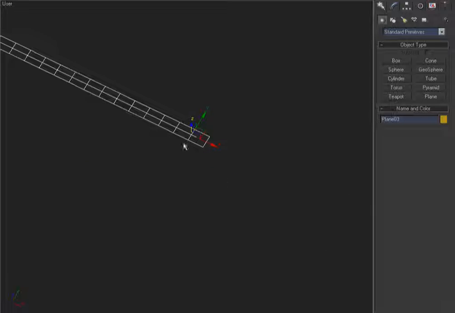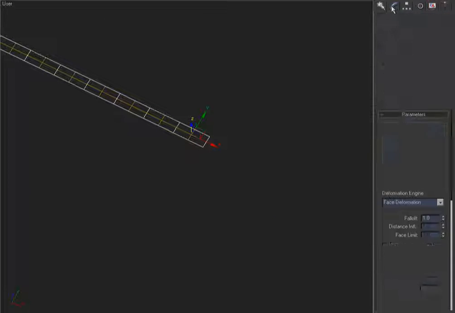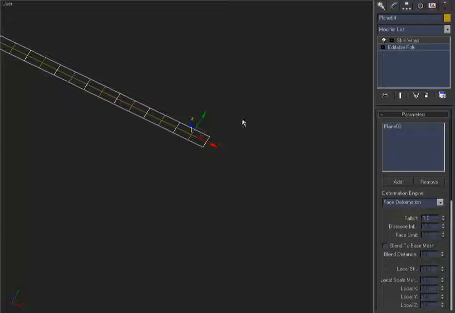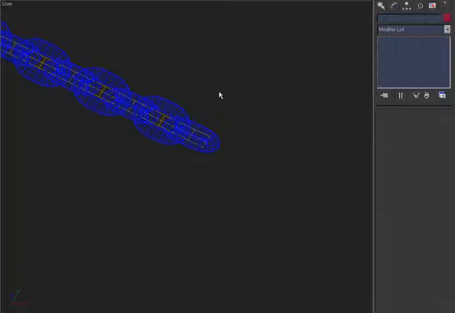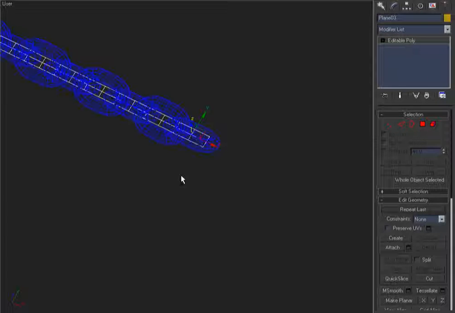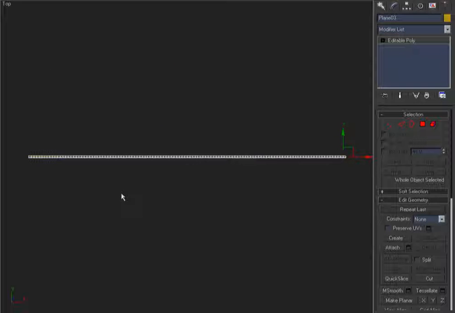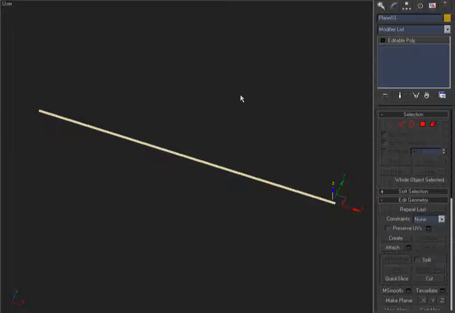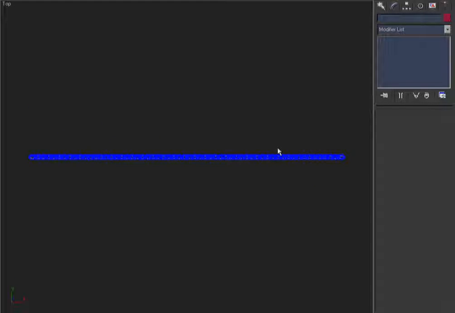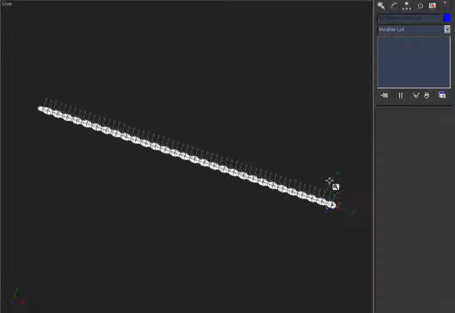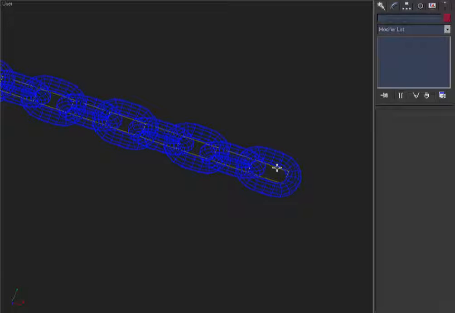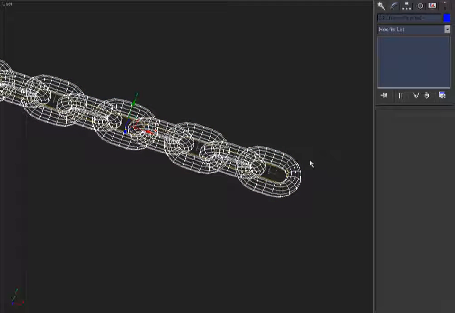What we're actually going to do is we're going to take the one that's the lower poly one, and we're going to skin wrap that to the one that has the mesh smooth collapsed into it. Okay, so for right now, I'm going to go ahead and hide that. So this is going to be our cloth object, and this is driving our sim. What we're going to need to do first is we're going to grab all of these objects right here, all these chain links, and we want to get them attached to this surface here, this plane. So there's a script on the DVD called